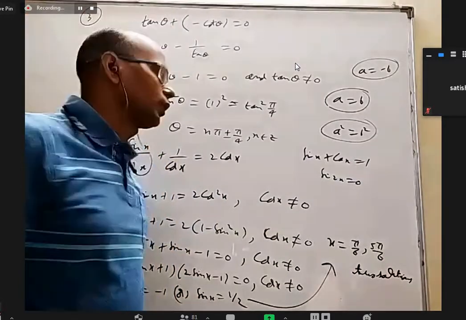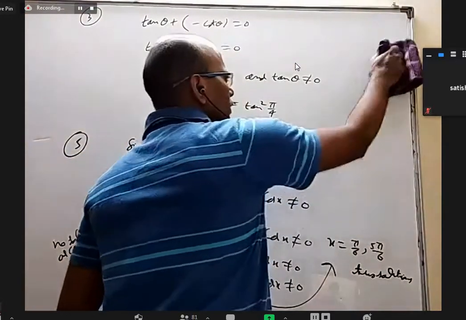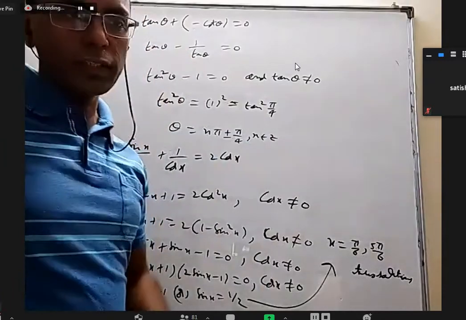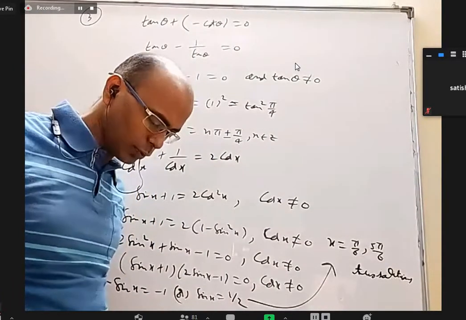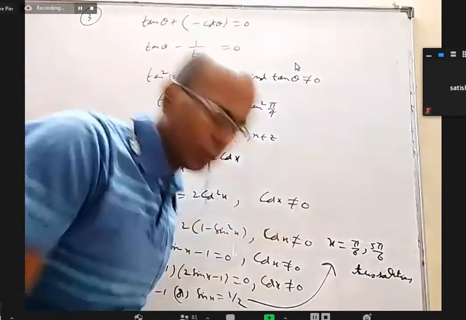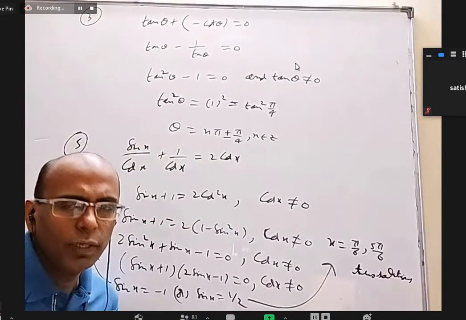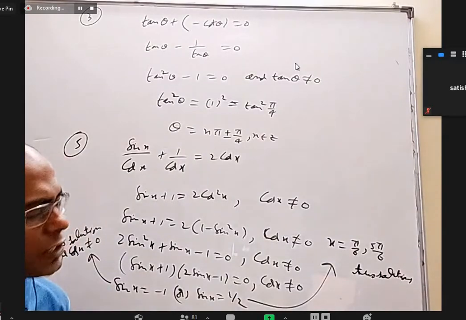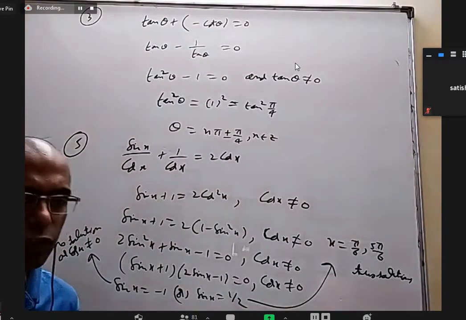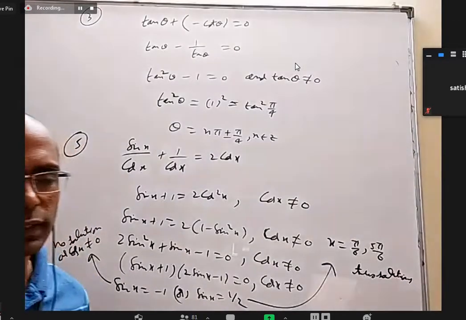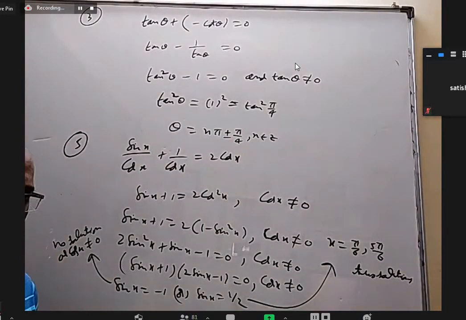Alright. So in trigonometric equation, we should be very careful when you are cancelling something. Three things you have to be careful. When you are cancelling something on both sides, you should not do it. Take one side and common. Some denominator if you are sending to the other side, you have to make sure the denominator should not be 0. And you should not square it. Or even if you square it, you have to watch out that you'll get some extra solutions. So some of them may have to be removed at the end.